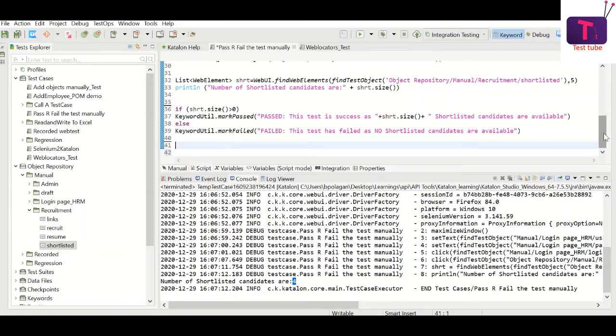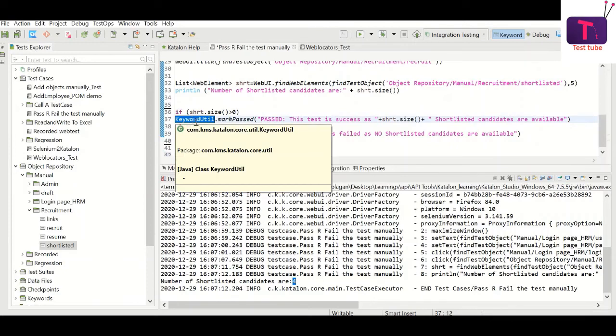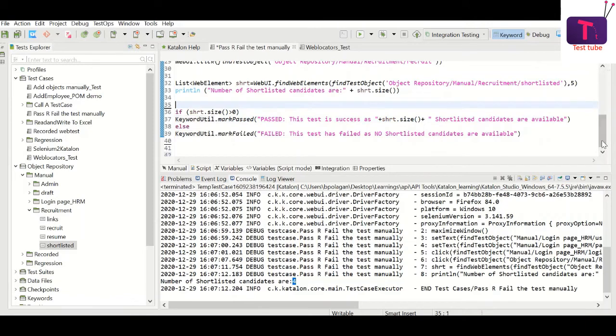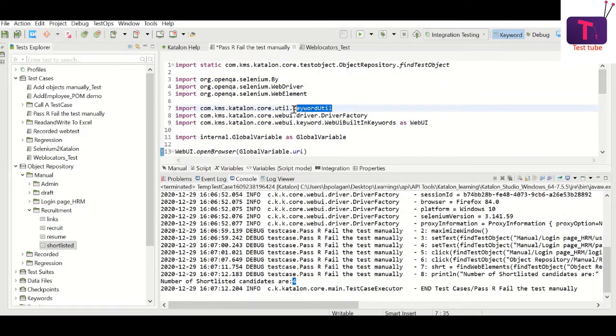Whichever method is appropriate based on your validation, you can choose it for your particular test case. In order for this keyword to work, you have to import the Katalon library at the beginning of your script, otherwise it won't work.